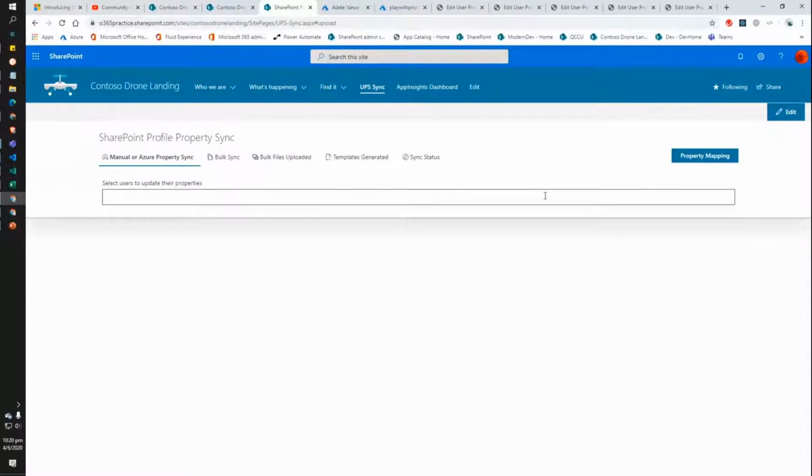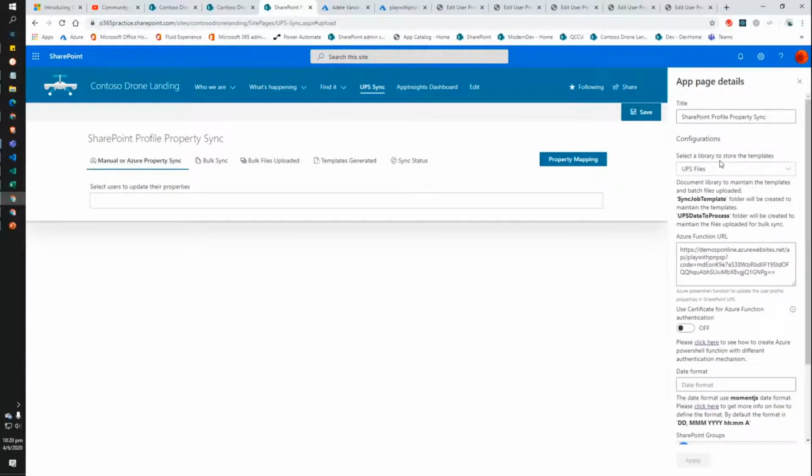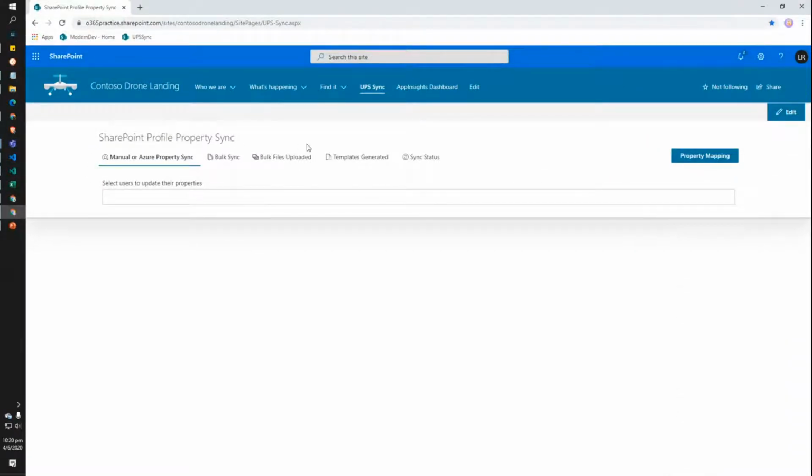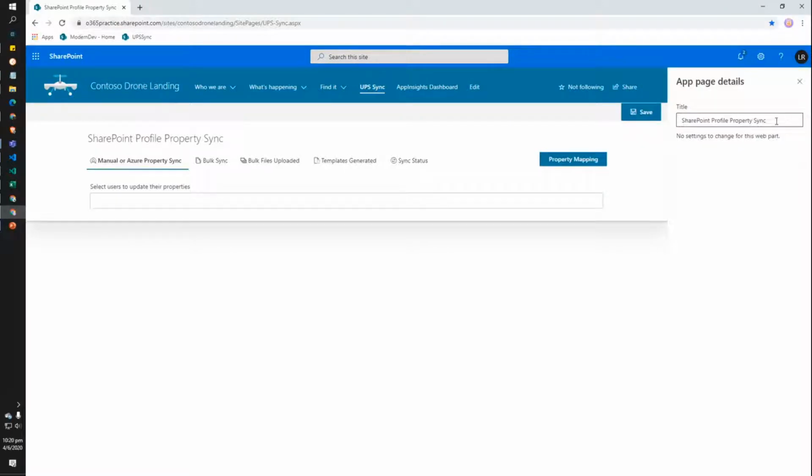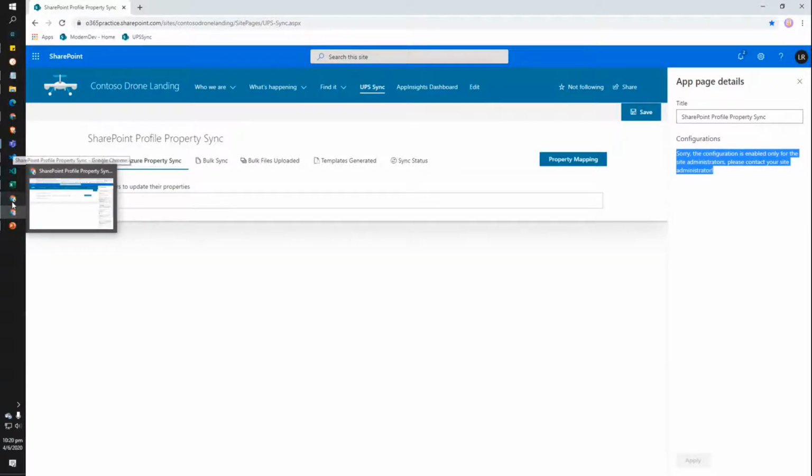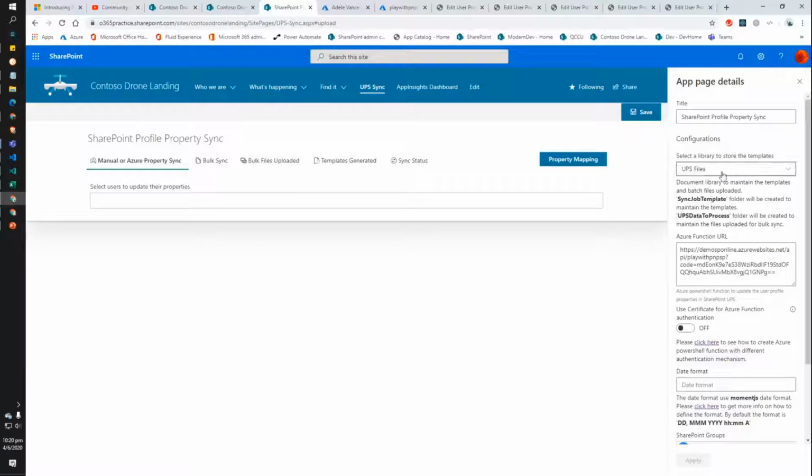So first I would like to show the properties. So this property will be available only to the site administrators. And if you go back as a normal user, and when you try to edit this, so it is restricted. So only the site administrator will be able to edit the properties. And the properties like the library, so where the bulk templates and all the templates and other files are stored. And there is a input box for giving the Azure function URL,